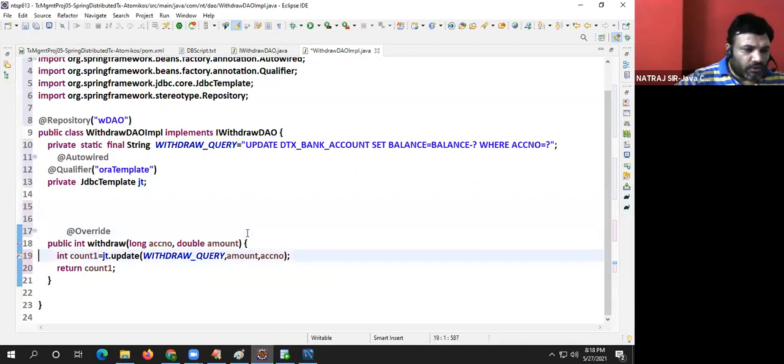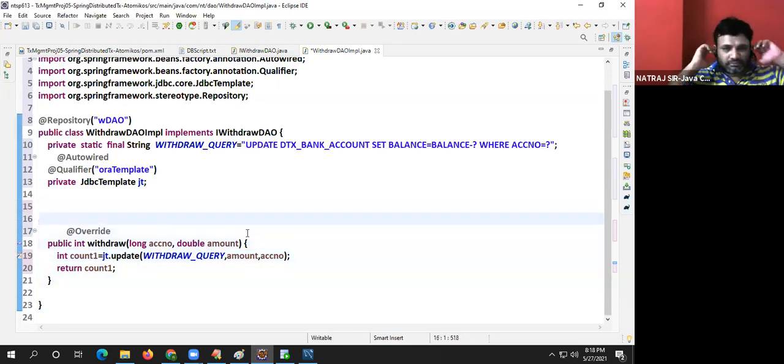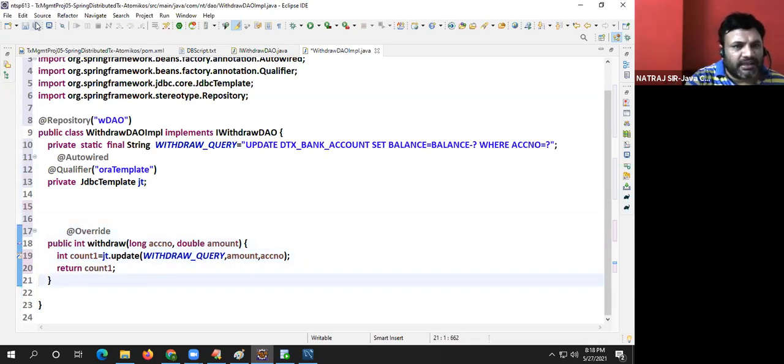Withdraw, guys, int count1 is jt.update(WITHDRAW_QUERY, amount, ACNO), return count1. Yes, boss. Done. File, save as